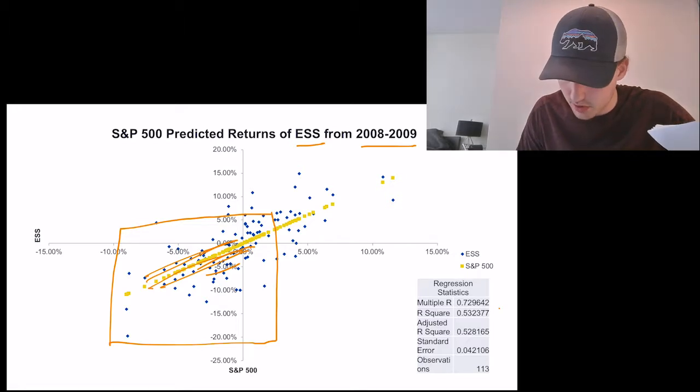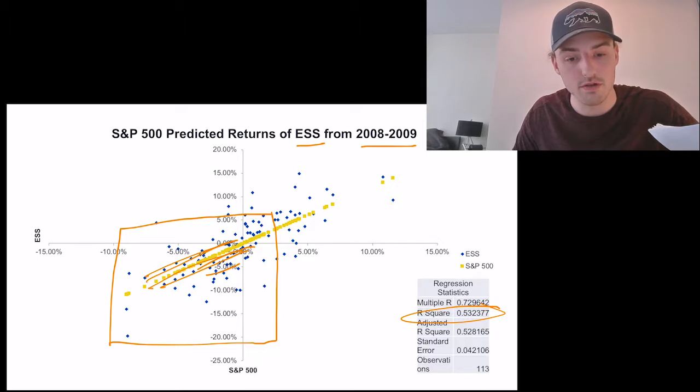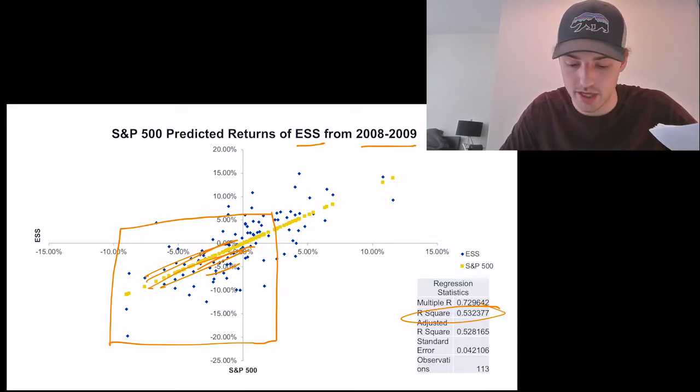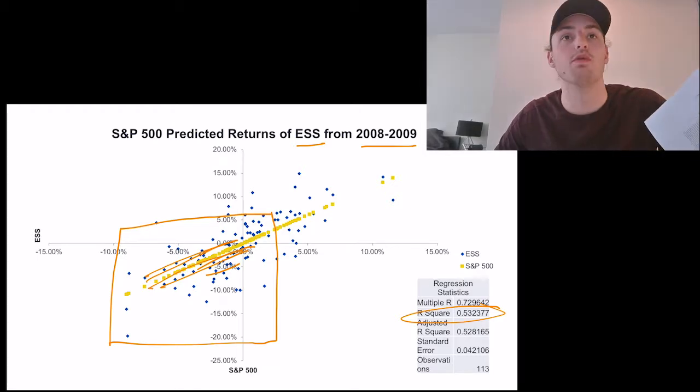So here's our R squared value, 0.53. Pretty good model, accounts for quite a bit of the linkages in returns,